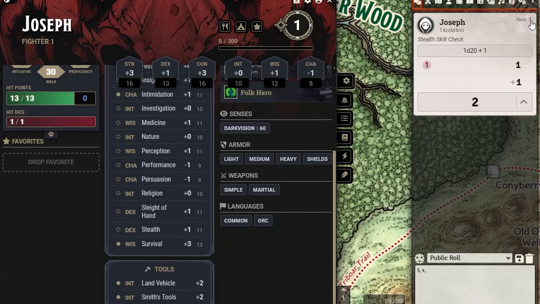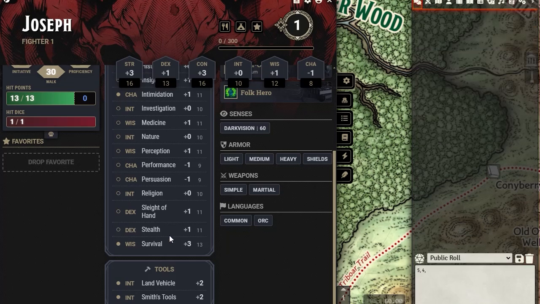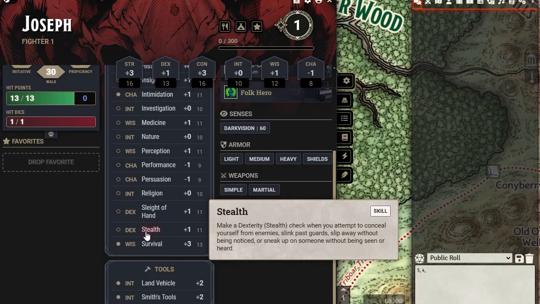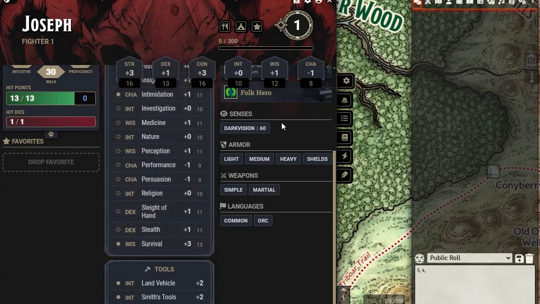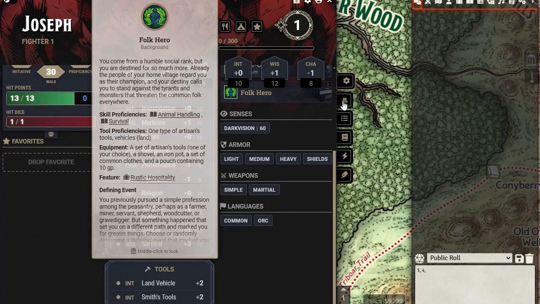We rolled a nat 1. That is terrible. Yeah. I thought that it would actually automatically put a little icon here saying that it's with disadvantage, but it's not doing that. So that is definitely one of the disadvantages of